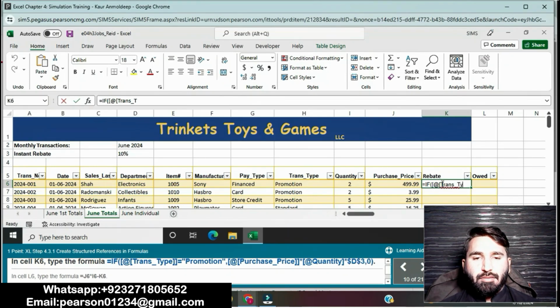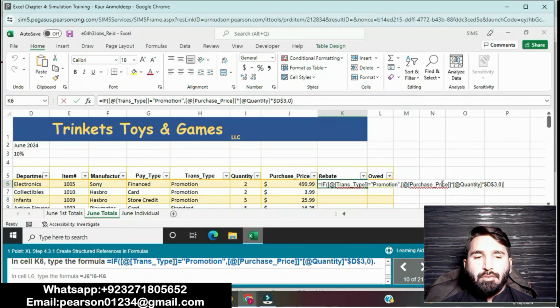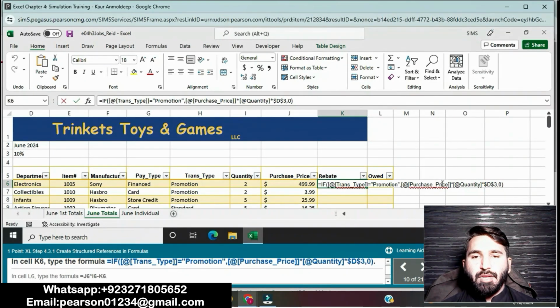Okay, then press Enter. The value will be shown in the Rebate column.